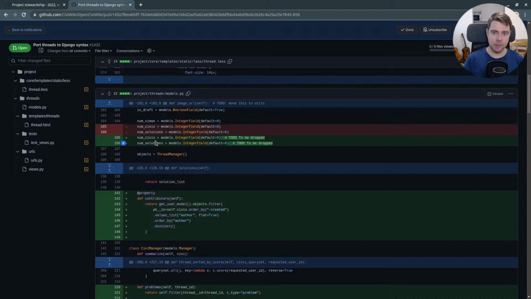At runtime, when you're querying the thread page and displaying all of the civvies and solutions, so each time you display the thread, it would run that query again, or at some database event, like a hook, when a civvy is added and a solution is added, you can calculate it then and store it as a property on the model. So it's like a form of caching. In that case, you save the query time, the runtime query.